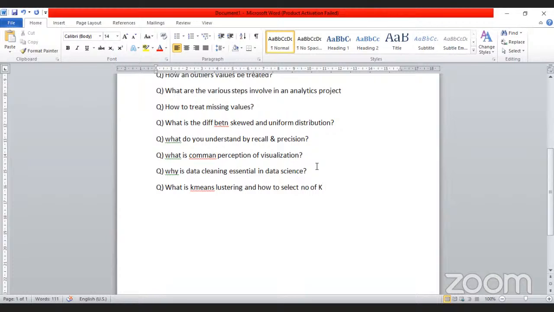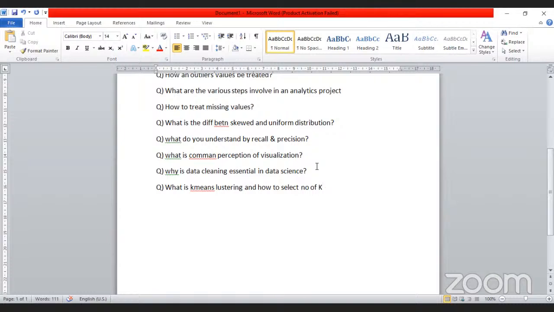K-means clustering is an unsupervised machine learning technique, an unsupervised clustering technique. In that we can make clusters of similar data. For example, if we take k equals 2, it will try to build two clusters with similar data. It will merge the data having maximum similarity into one cluster, which means the data inside that cluster are more similar.